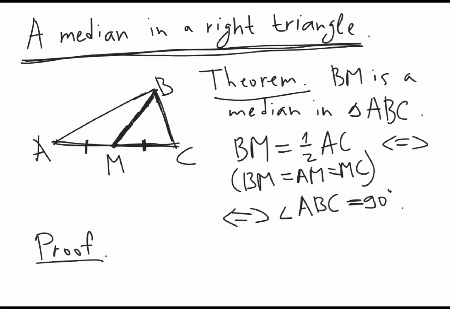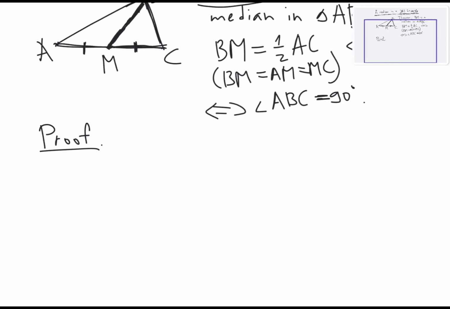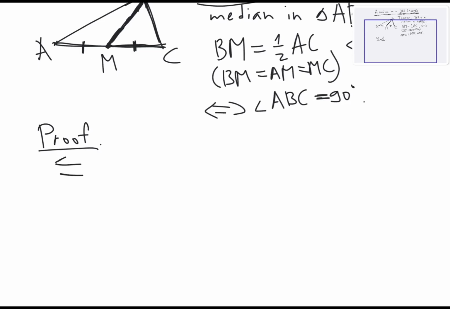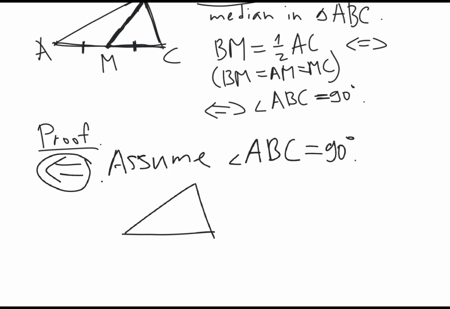So first, let's consider the proof in this direction. We assume that the angle ABC is 90 degrees, so it's a right triangle, and we need to prove that the median is equal to half of the opposite side. So in this case, when we know that it's a right triangle, basically